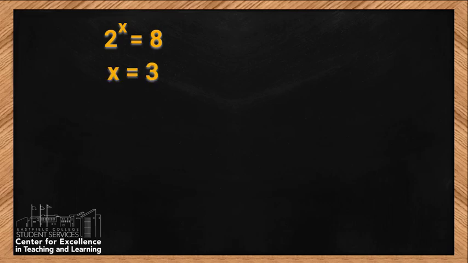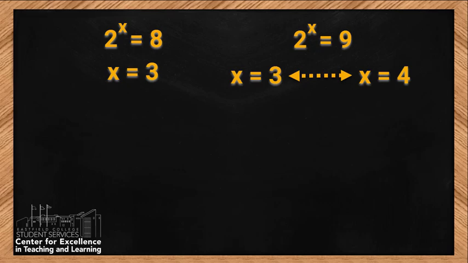But the problem is sometimes numbers aren't all that friendly in math, and so you might have something like 2 to the x equals, let's just change the 8 to a 9. So 2 to the x equals 9. Now all of a sudden it's not 3. 2 to the third is 8. 2 to the fourth is 16. So it's got to be somewhere between 3 and 4, but saying it's between 3 and 4 is not very